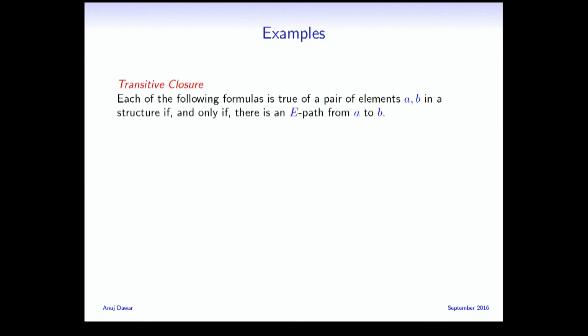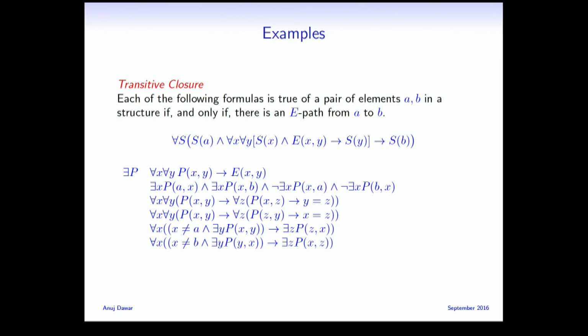Transitive closure. I already showed you in, say, monadic universal second-order logic, you can express connectivity, and this is just the same, except I now have constants A and B to say that there is a path from A to B, right? Or any set that contains A and is closed under the edge relation contains B. And I essentially showed you can't do this in existential monadic second-order logic. If you allow existential quantification over a binary relation, you can express this. And here was my attempt at expressing it.